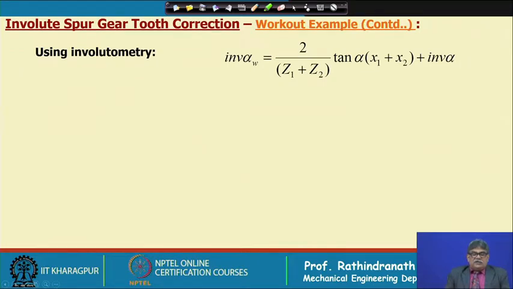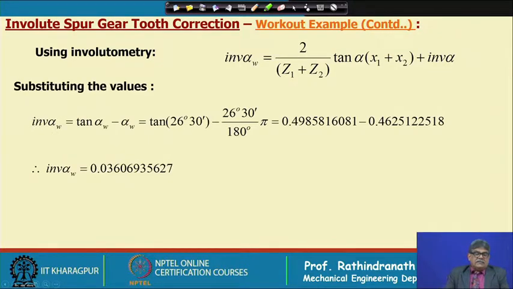Now, we shall use involute geometry, and involute alpha w can be given by 2 by the total number of teeth, that is the summation of the teeth number of pinion and gear, into tan of pressure angle, multiplied by the summation of the correction factors, plus involute of the standard pressure angle. That formula we have already derived earlier, and in this case, substituting the values, we have already calculated the working pressure angle. So, tan of that minus the alpha w,